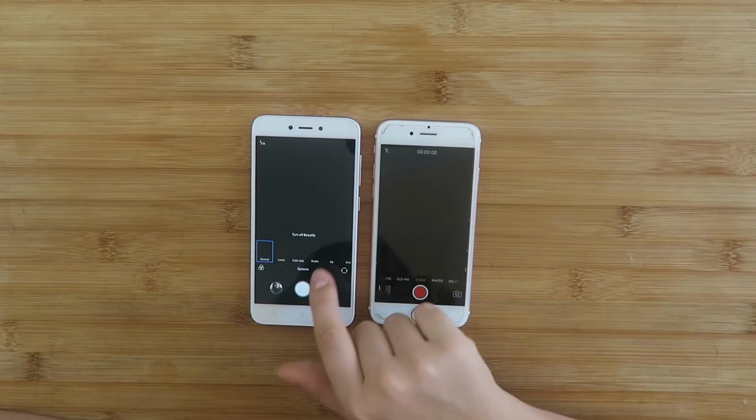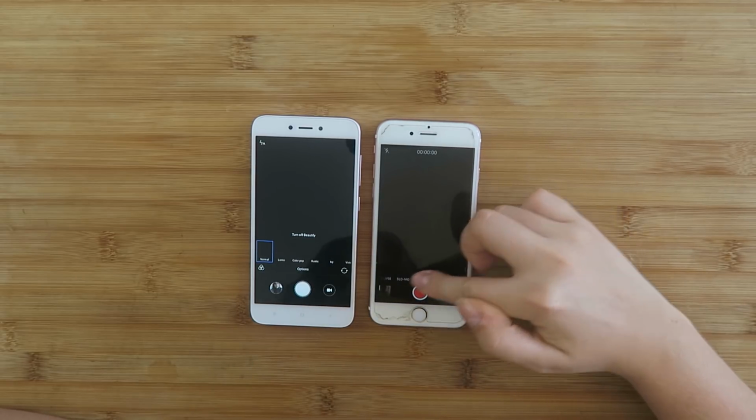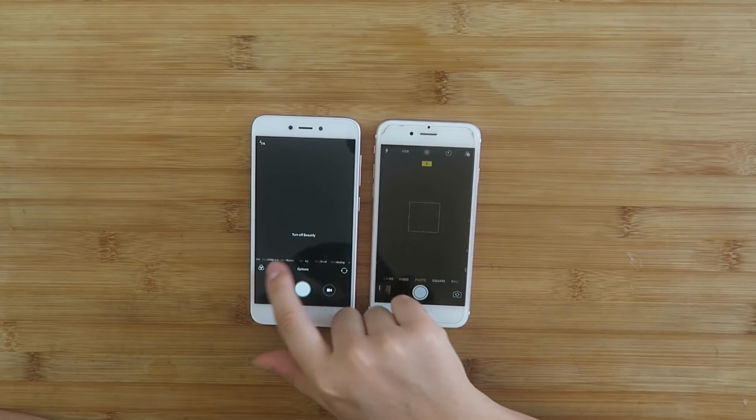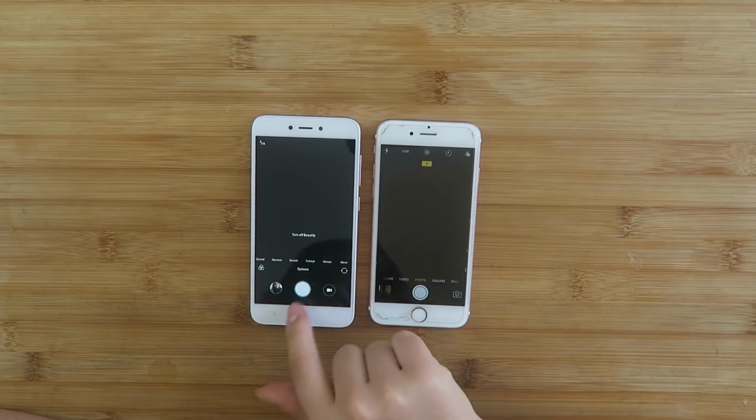So if you like taking selfies and then you usually edit them afterwards, with this phone, there's no editing afterwards. You do all the editing right then on the moment. No editing needed, so you save so much time. The camera also comes with a bunch of filters that you can pick out while taking your selfies, so you don't have to add the filter afterwards. The Beautify feature though is not available on video, so it's only on photos, but that's cool if you like